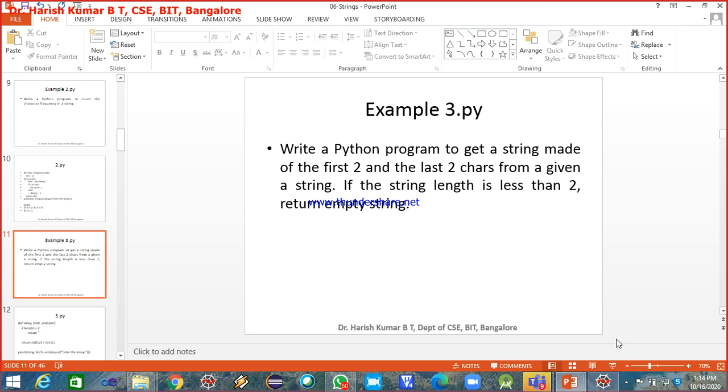If the length is greater than 2, then take the first 2 characters from the string and the last 2 characters and make a new string. Hope you understood the question. Is the question clear? Yes. Okay, try.